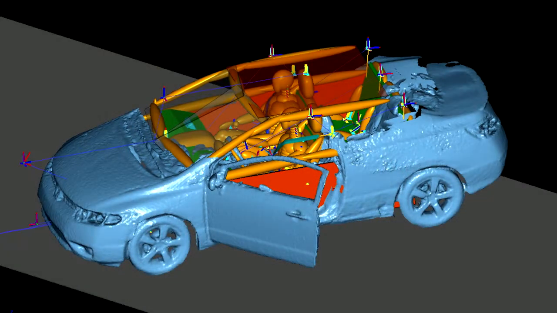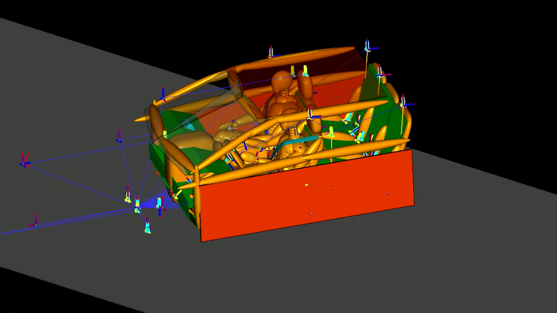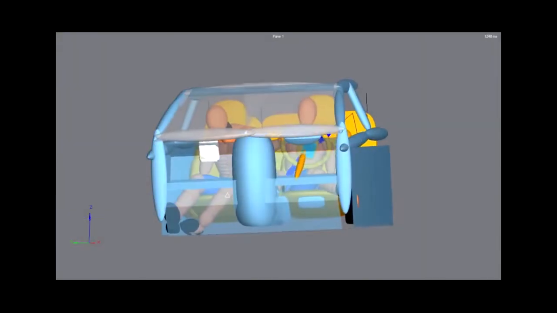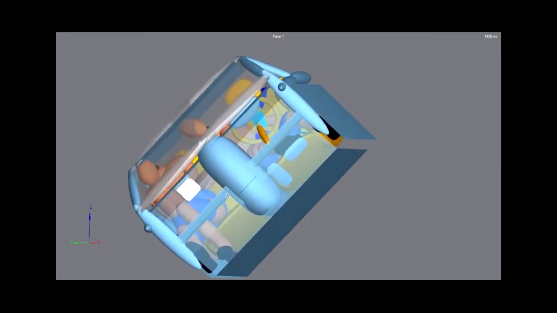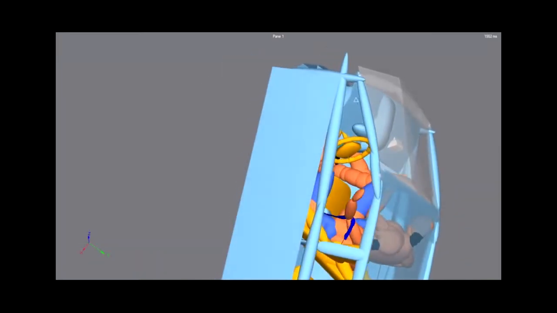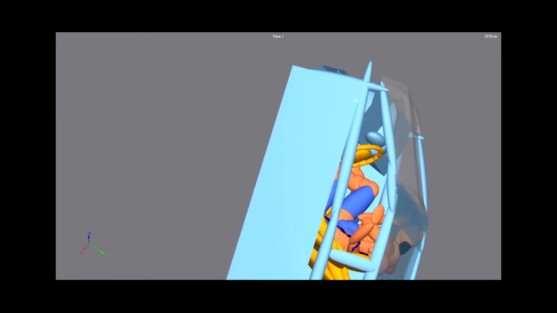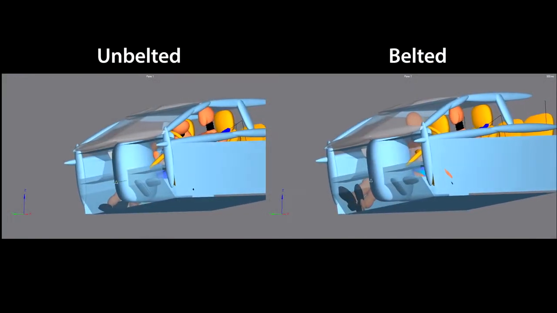ESI conducted an accident reconstruction to determine the crash pulse of what happened to the drunk driver's vehicle, and that crash pulse was utilized as input for Madymo. We built the model of the vehicle within Madymo and then placed a driver and a passenger dummy within the vehicle. Once the simulation was completed, we looked at the difference between a front right passenger with and without the